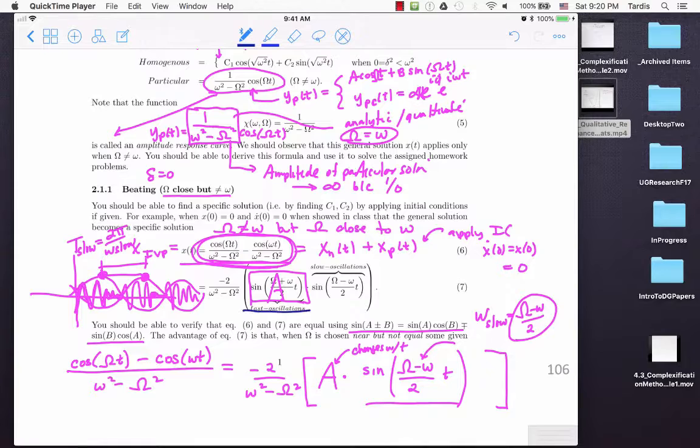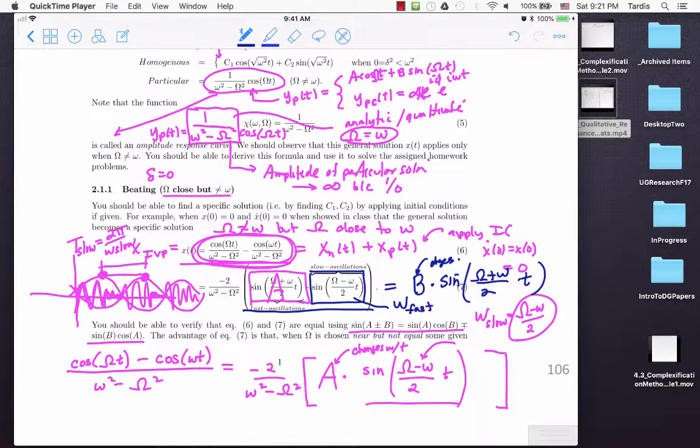This term right here, you can view instead as some number b times sine of capital omega plus little omega over 2 times t, where b is equal to this term, and b, the amplitude here, changes in time. What that is controlling is what I call the frequency fast term, the angular frequency fast. And that's going inside of these